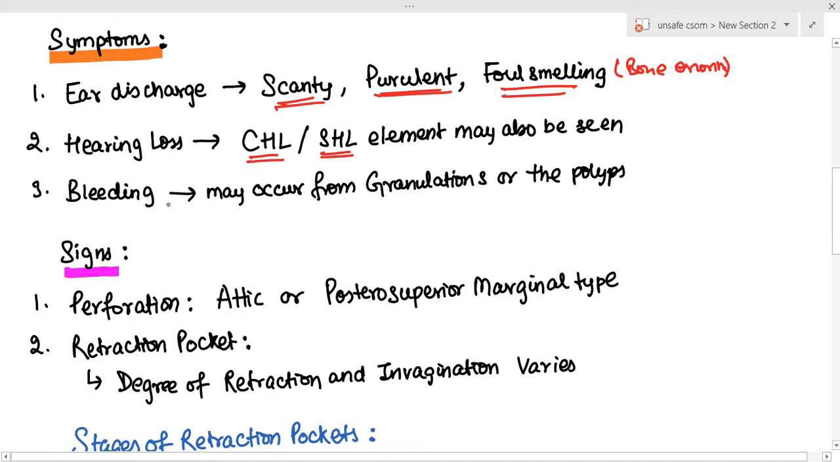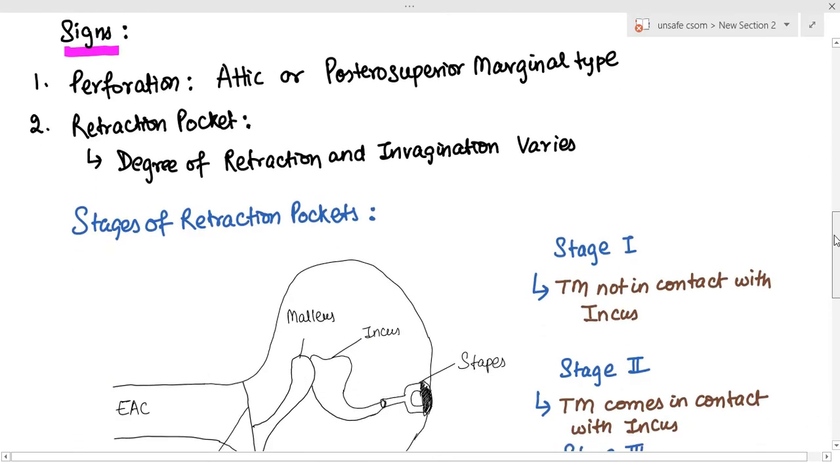And we can also see bleeding, which may occur from the granulations or the polyps. Okay, when you're doing surgery or even when you are cleaning the middle ear, we can see bleeding due to the granulations and the polyps. Okay, now what are the signs? Okay, first one,